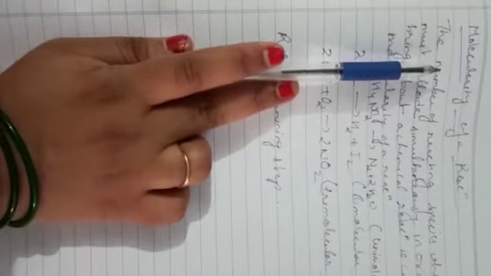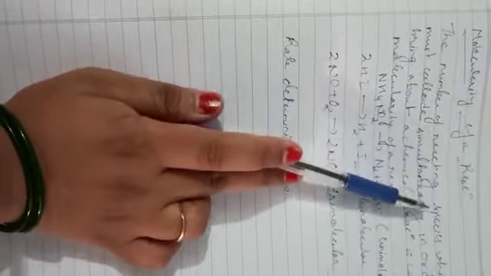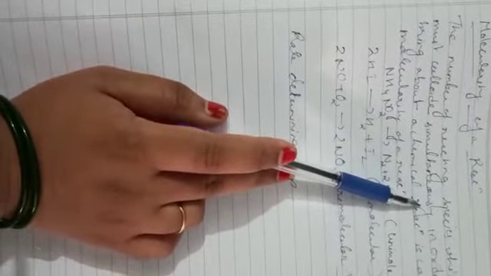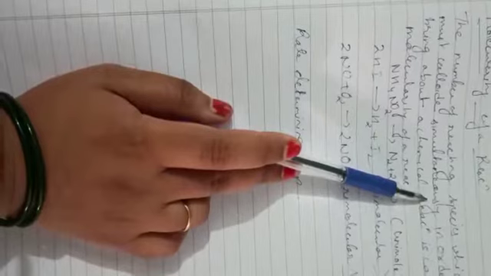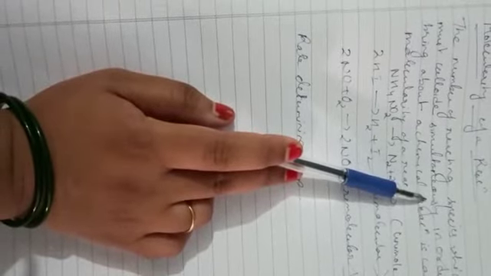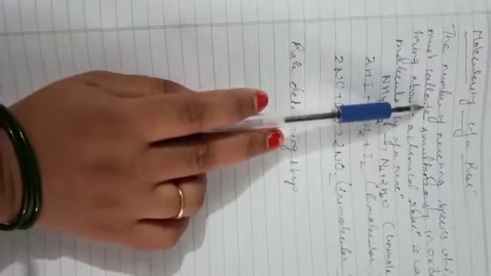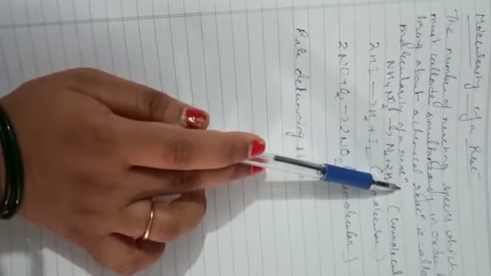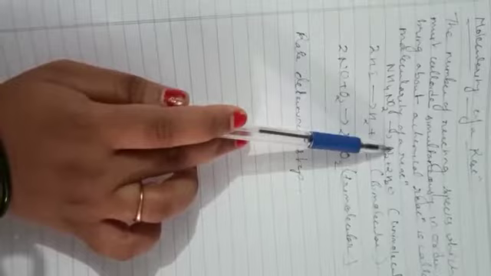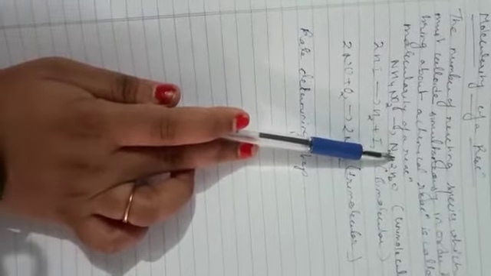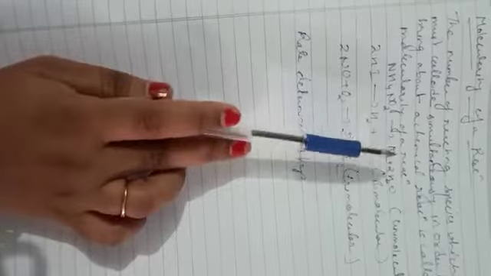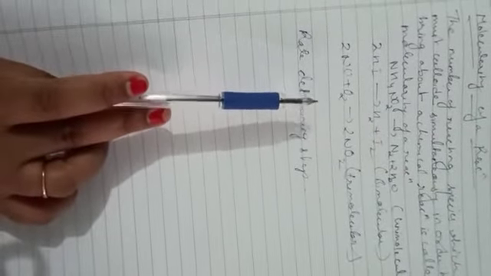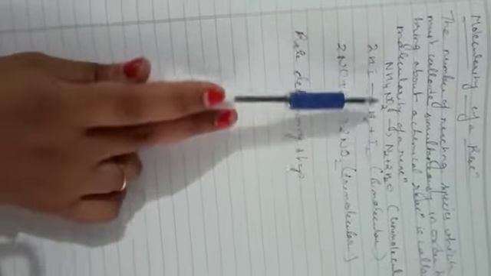Moving forward with our new topic, which is molecularity of a reaction. Another property of a reaction called molecularity of a reaction helps in understanding its mechanism. So basically, it is the number of reacting species which must collide simultaneously in order to bring about a chemical reaction. This is called molecularity of a reaction. So basically, molecularity of a reaction is the number of reacting species which must collide or interact simultaneously in order to bring about any chemical change.